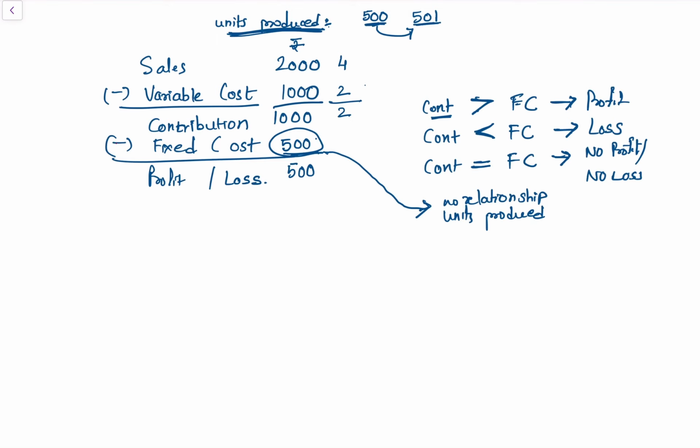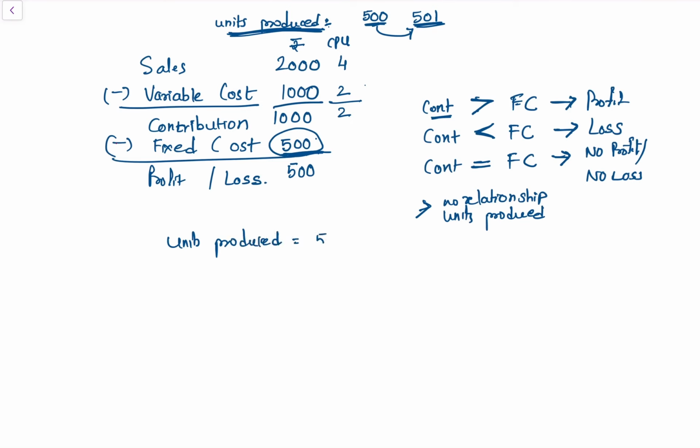And after that your profit is given. Normally we require the per unit figure only up to the contribution. For fixed cost and profit or loss, you can find the cost per unit if you want. But here fixed cost per unit is not important, the amount is important, as the amount doesn't change with the number of units produced. So if we are making the column for 501 units, it will become units produced